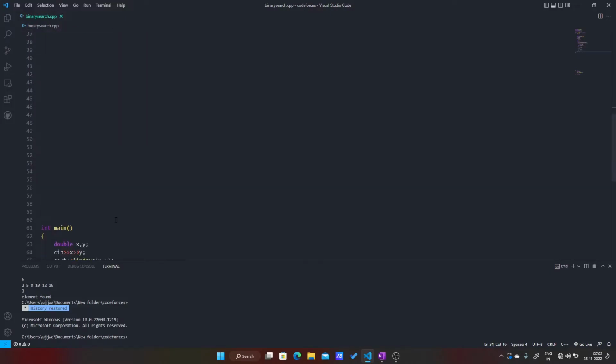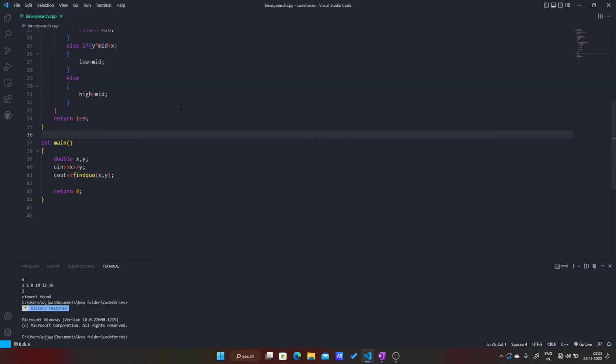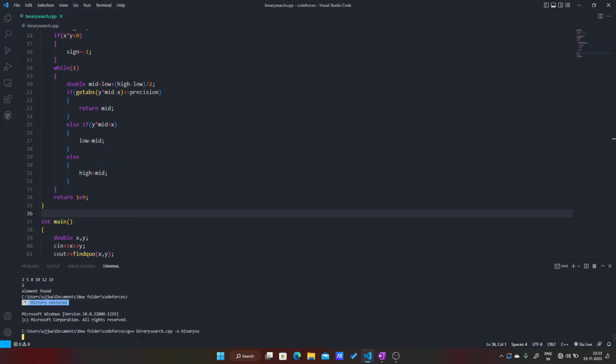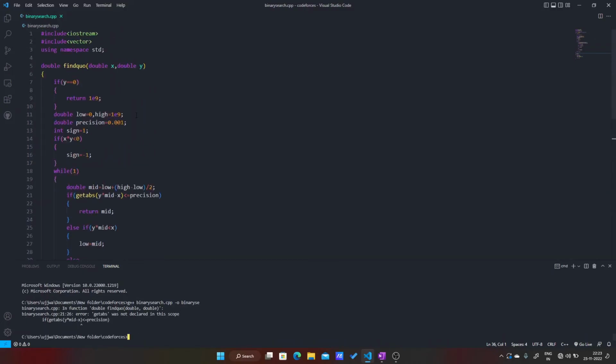So here is the function, and now let us try to run this and check whether it is right or wrong. So here is the complete code. Now let us compile it and run it. Okay, so get abs was not declared in the scope. Okay, we haven't made this function. So double